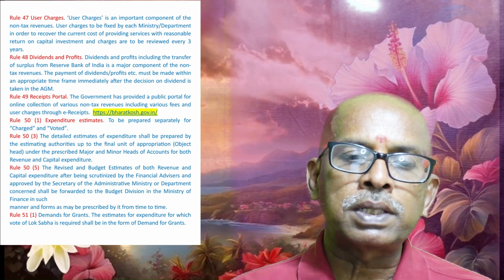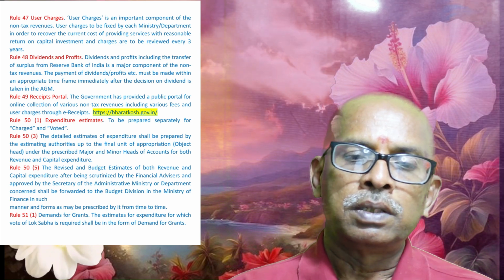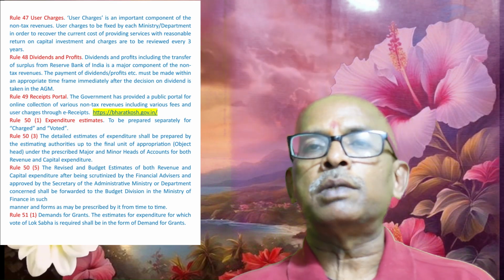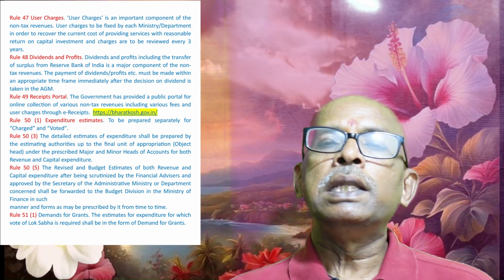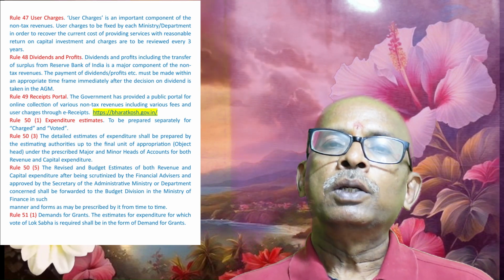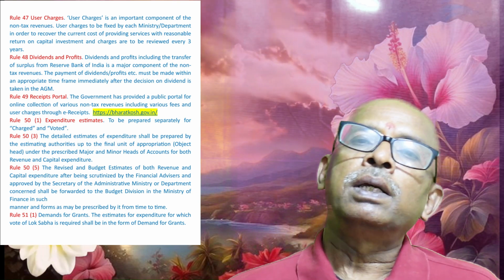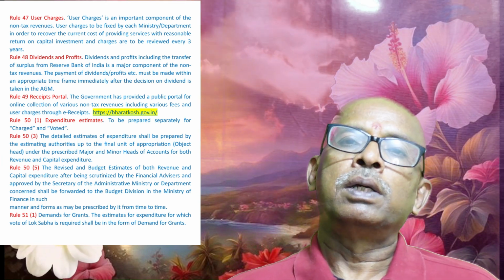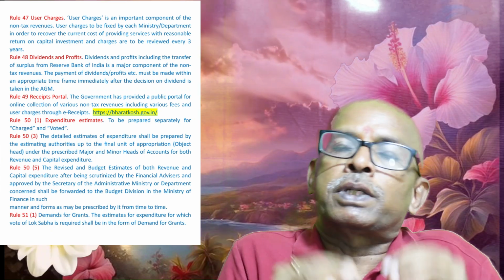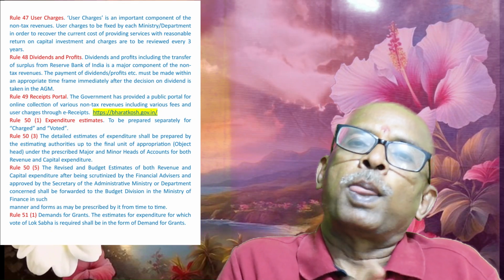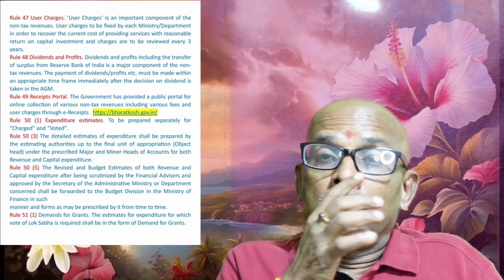And revised and budget estimates of both. What is revised and budget estimate? See, we start the budget process in the month of September, October. Then discussion will be there sometime in November, December, and then finalization will be done, and on February 1st it will be presented in the Parliament. Now,